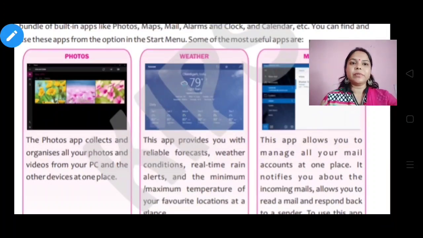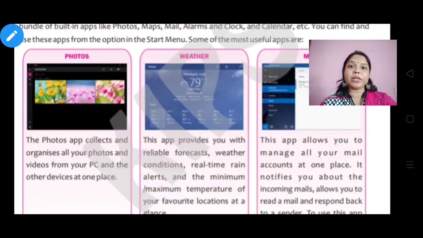The next app is Weather. This app provides us with reliable forecasts, weather conditions, real-time rain alerts, and the minimum or maximum temperature of our favorite location at a glance. What is the feature of this app? It provides us the weather forecast, meaning whether it will rain today or not, which kind of temperature there will be at our location, and what the maximum temperature will be.